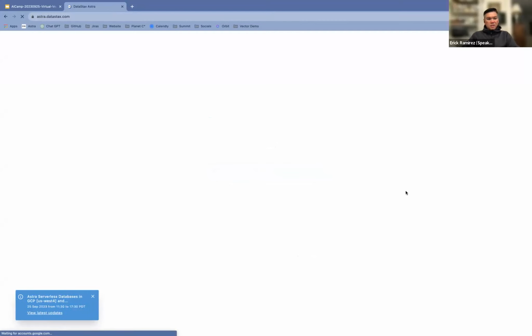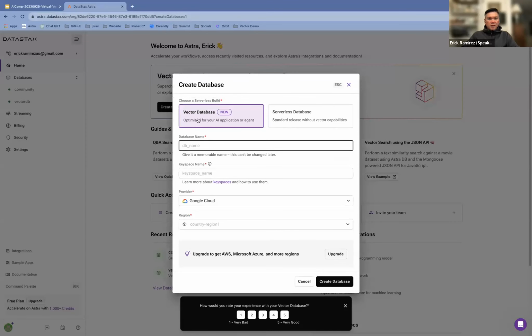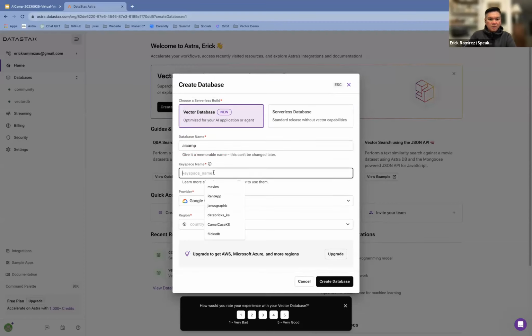So just so you can see, I'm signing in quickly. And while I'm answering the question, I'm going to click on create database. And I'm going to create a vector database. And I'm just going to call it my database AI camp.